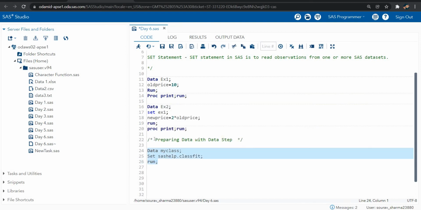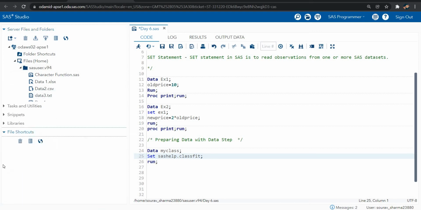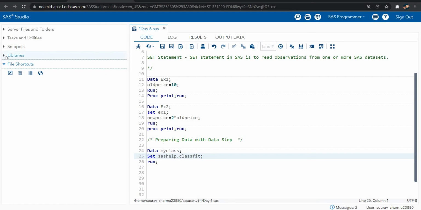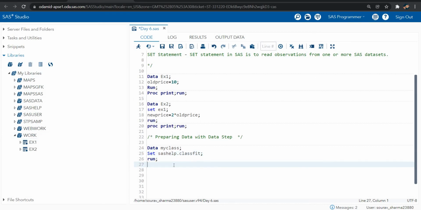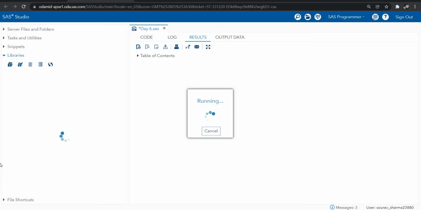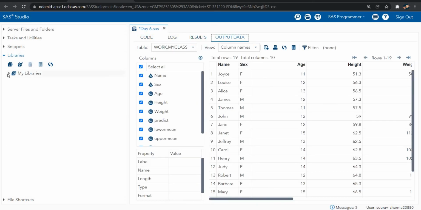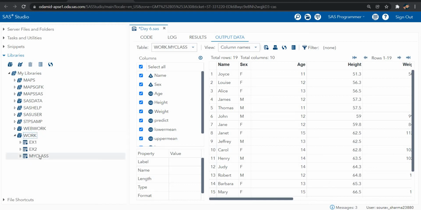Now what they are doing, they can automatically save your data into the work library as my class. So now let's suppose I run this code. Now you can see here in the library we have one more data, my class.